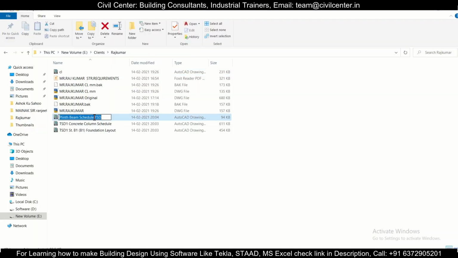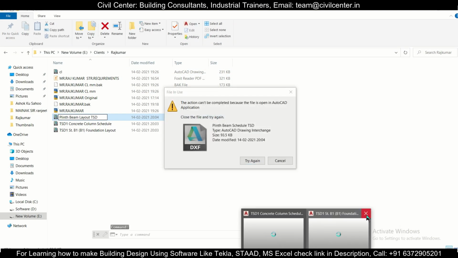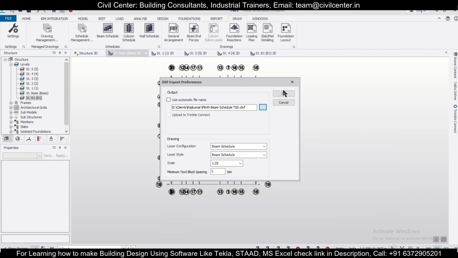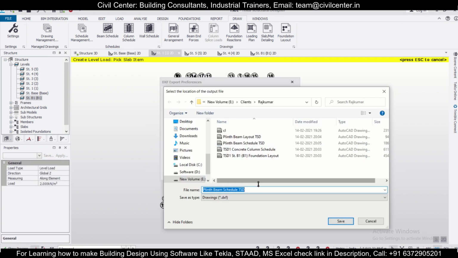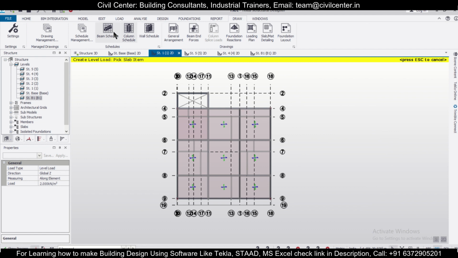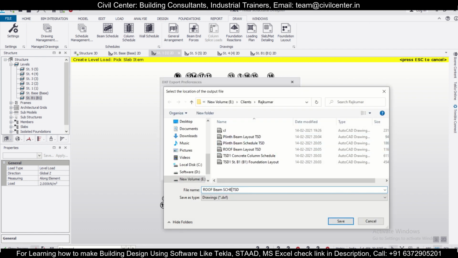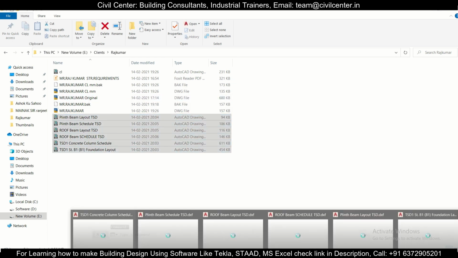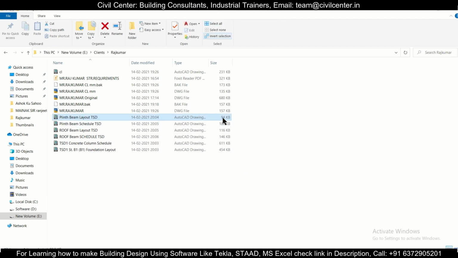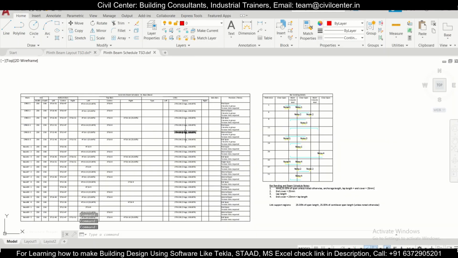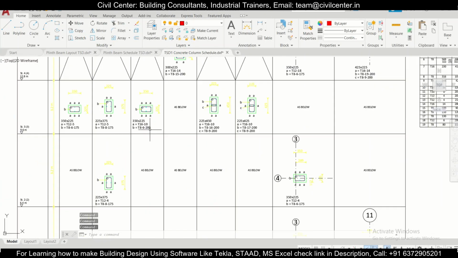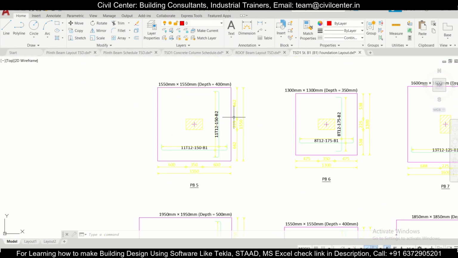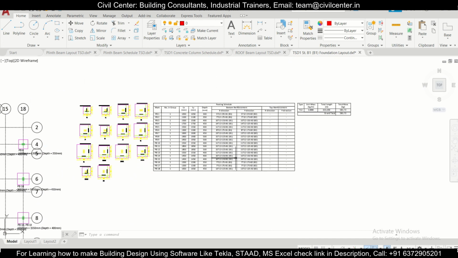So once we assume sizes before design for the various members like beams, columns, slabs, etc., and after application of the loading, we check whether these loads can be borne by these structure members or not. If not, then we change the sizes and make them safe, so that the final design or the final drawings which you're going to give to our clients, or as a structural engineer which you're going to present, is safe as well as economic. So in today's video we'll show you how to make members safe in Tekla Structural Designer software. So let's get started.